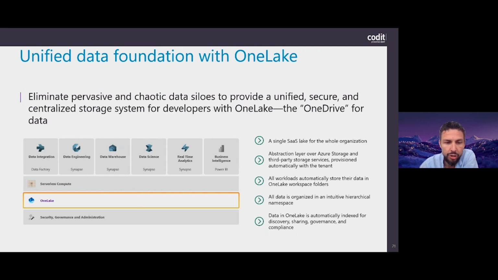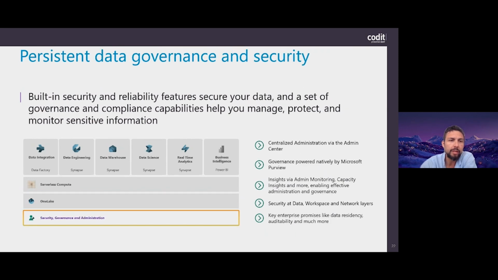And of course, if you have this huge platform with these 7 experiences on top of it and this huge OneLake underneath, there needs to be a good governance and security structure. So the governance for the 7 experiences is completely centralized in the administration portal, meaning that you can say who has access to what, who can use how much compute. And then also on the data itself, for example, everything is integrated with Microsoft Purview, making sure that data is labeled, that data is trackable so that the lineage is known, and things like that.